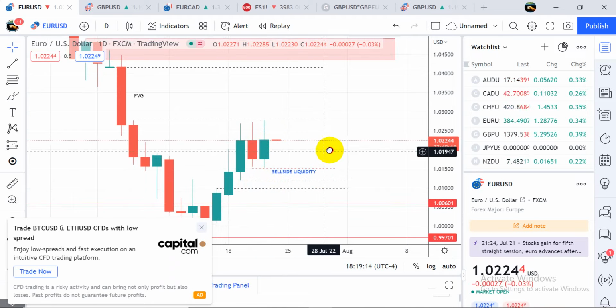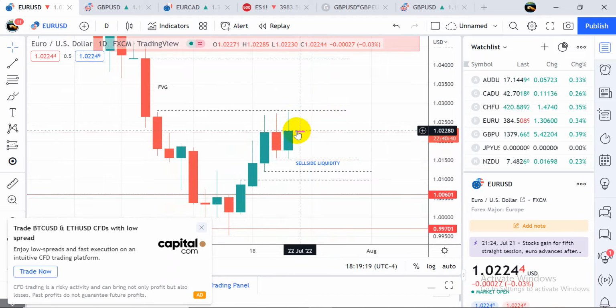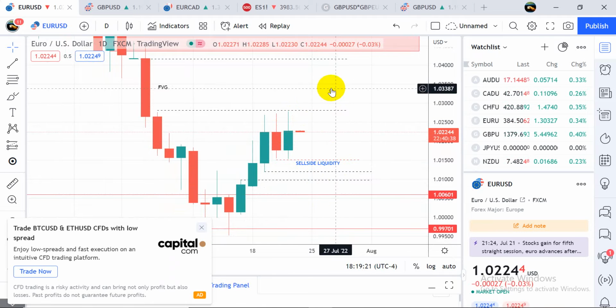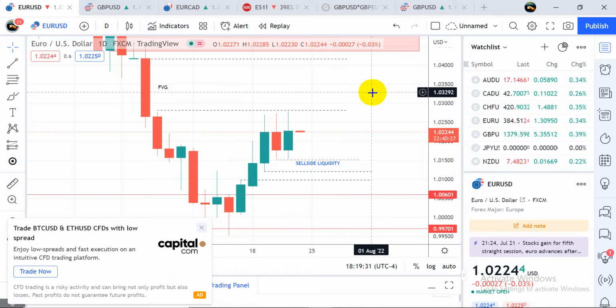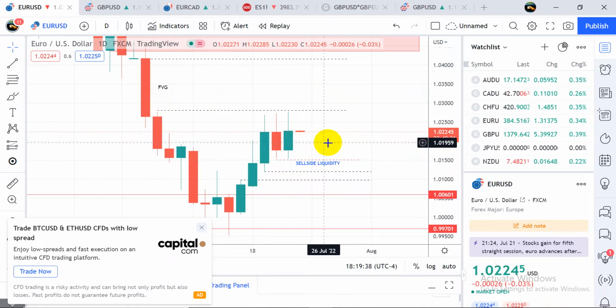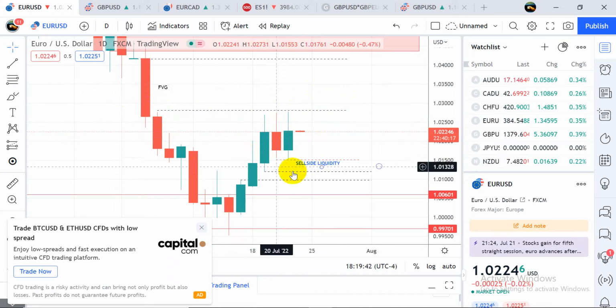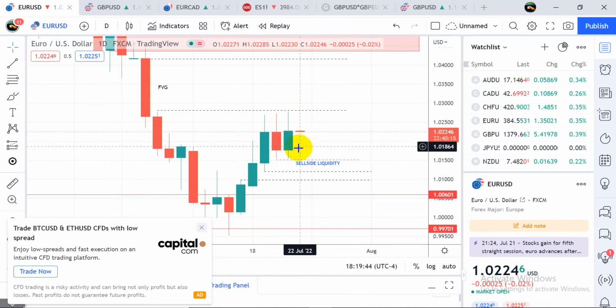Because I expect this to be a pullback for the intermediate Euro USD bull run. And it's not going to be a lasting bull run. The boost the news gave Euro USD is not going to be a long-term boost. It's just a short-term bullish retracement or pullback, and price is going to continue on its downtrend. So on Friday we are going to be looking at this low being taken, and